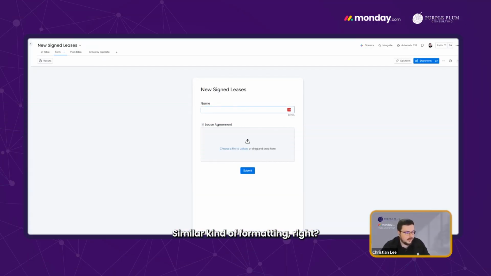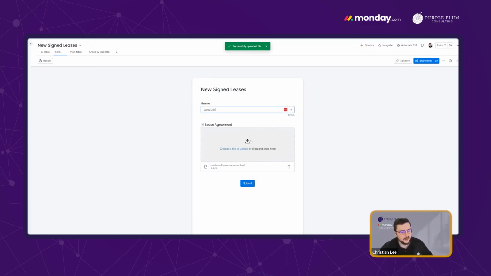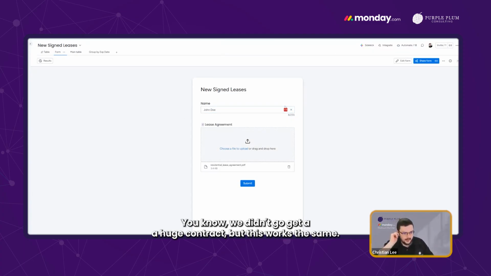Similar kind of formatting, right? We have a form, and we're just going to put in the lease signer's name. This is a lease agreement being uploaded, a very simple, basic one, with just a couple of details in it. We didn't go get a huge contract, but this works the same